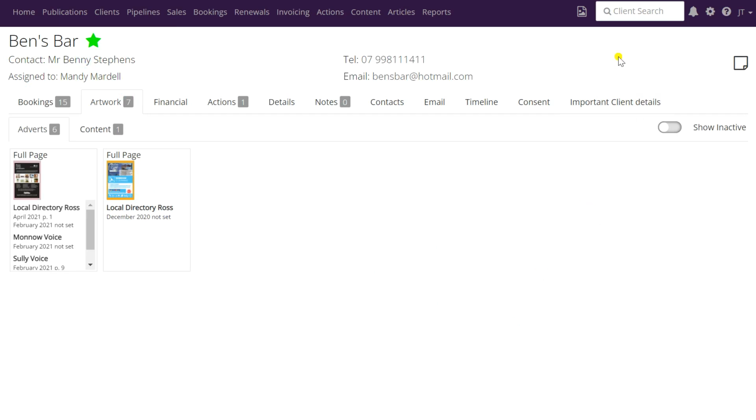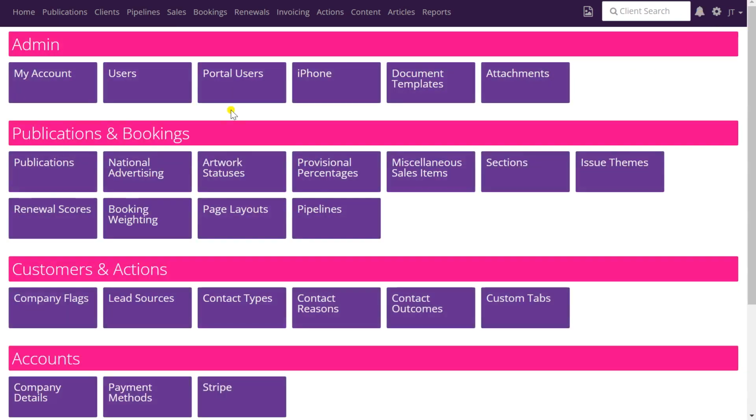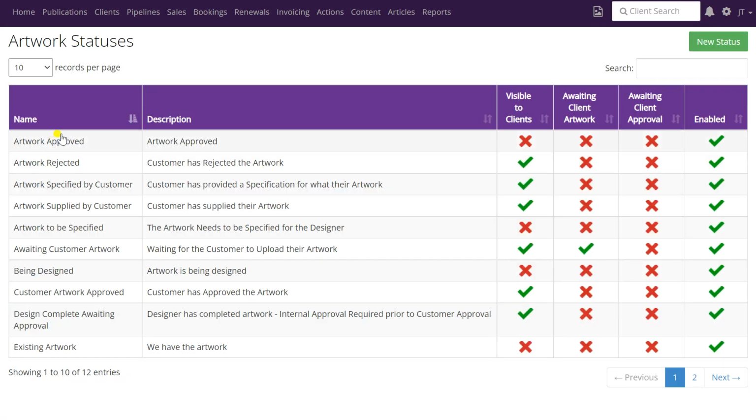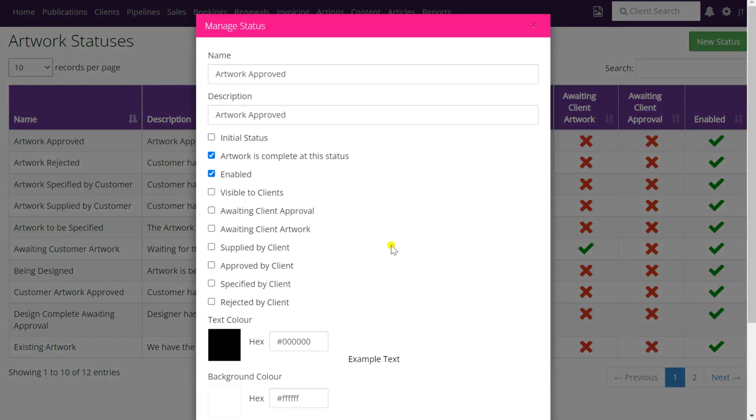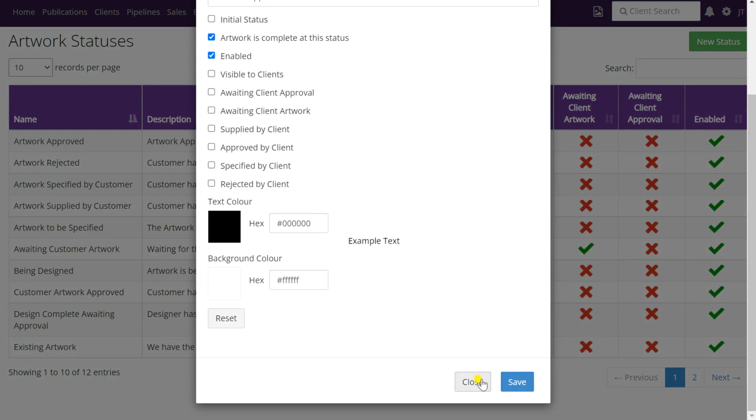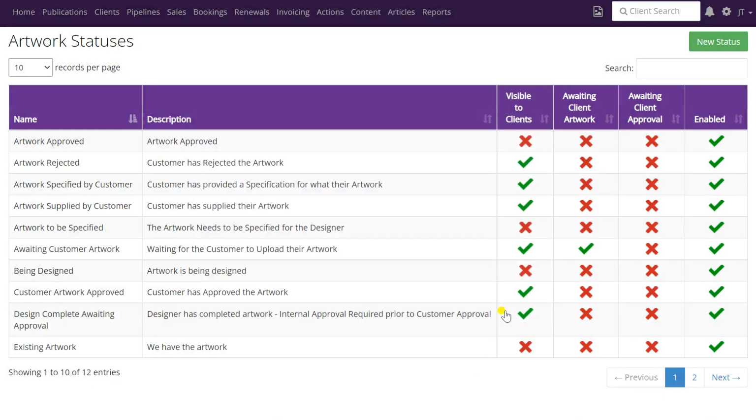And finally, I'm just going to show you where the artwork status settings are. If you click on the gear icon in the top right of the screen to take you to the main settings page, if you look under publications and bookings, you'll find artwork statuses. So it's here. You can either add new ones or update anything in them simply by clicking on the name of the status. Okay, and that covers everything, I think, in the